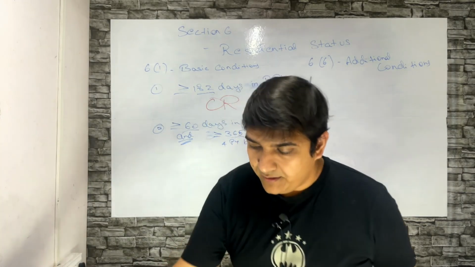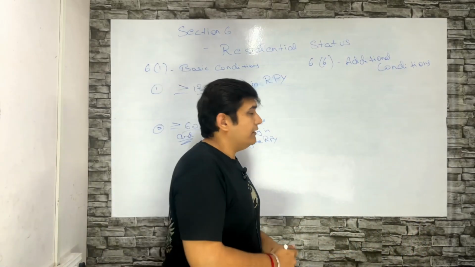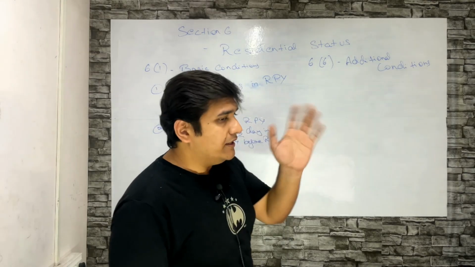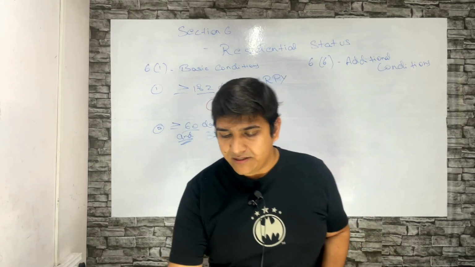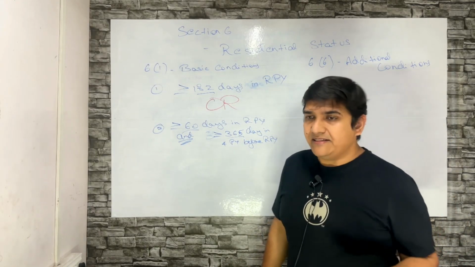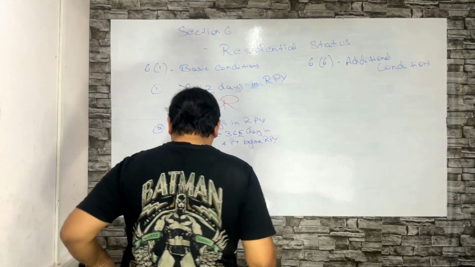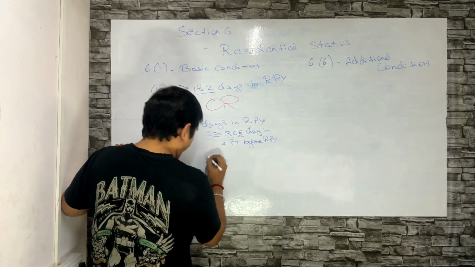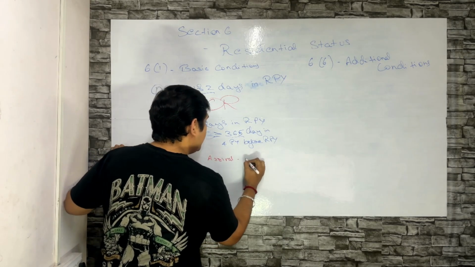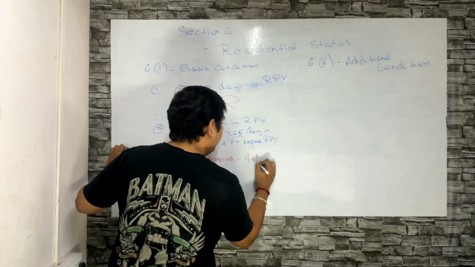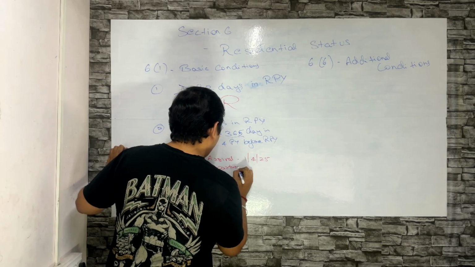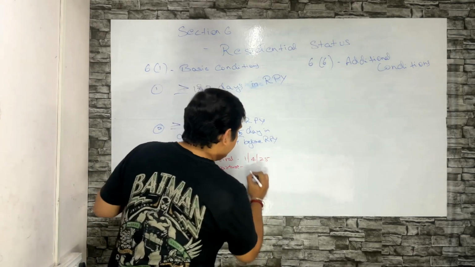Next. These are the two basic conditions. Let's look at a couple of examples first, before we move on. One example, let's say a person's arrival is on 1/4/25, departure is